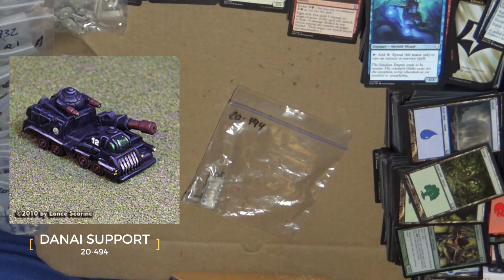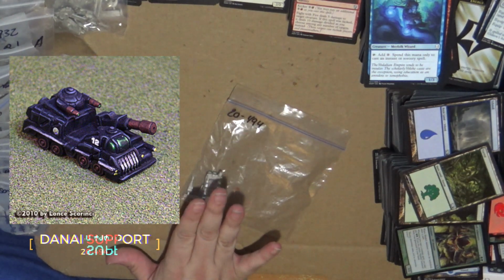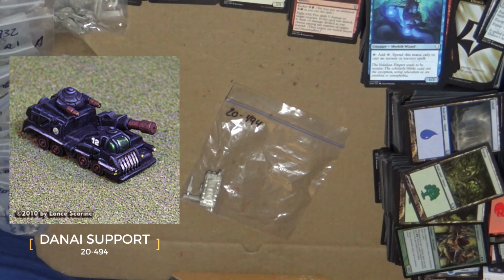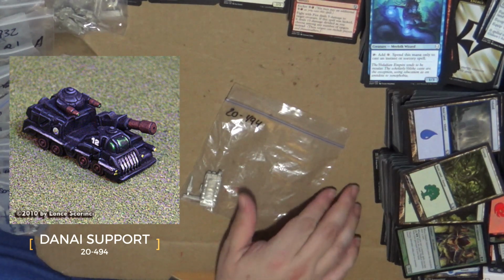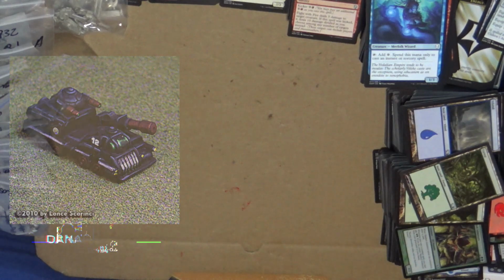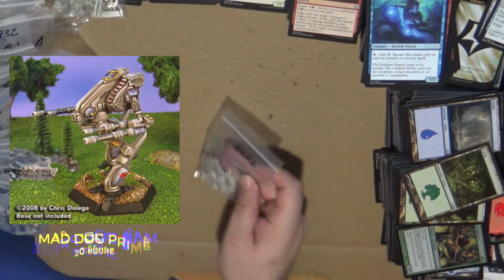20-494. This is the DANAI support tank. Again, Detroit Consolidated Mechworks. It normally comes with a pack of 2. Thankfully, since I was at the factory, I only needed 1, because it's just for show on the retail floor. So only needed 1, and thank goodness I just got 1. Okay, and then we got